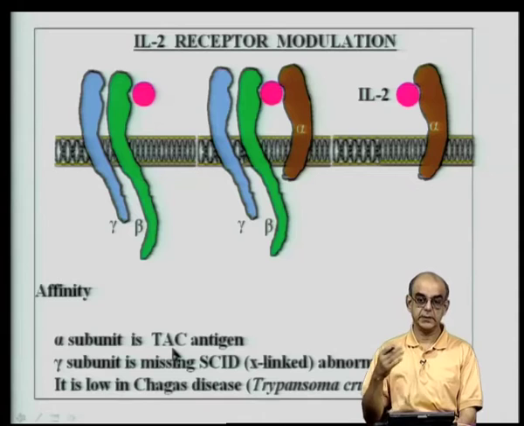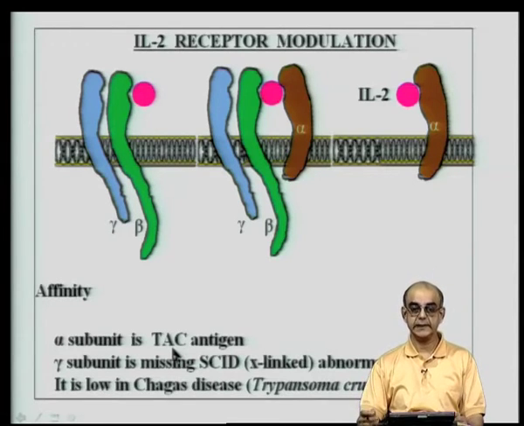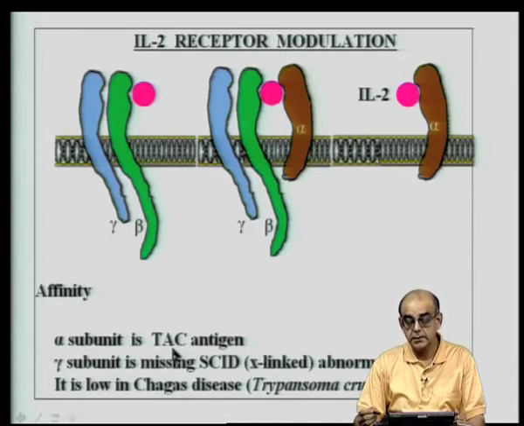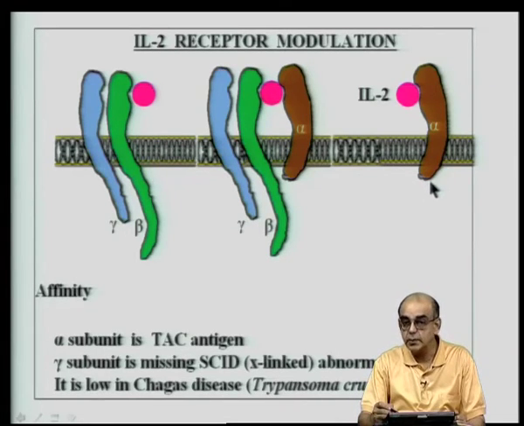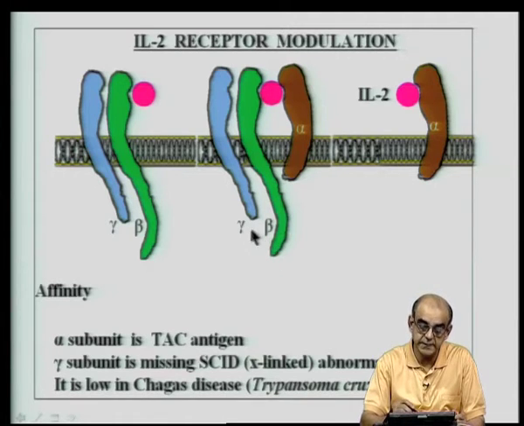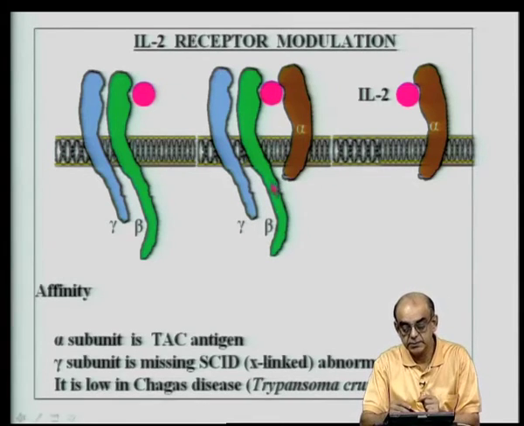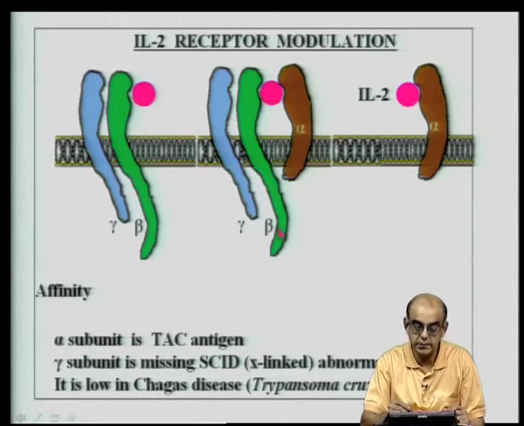So, when you refer to these, they call it the TAC antigen or the anti-TAC antibody. But surprisingly, this alpha subunit is not the one that is responsible for the consequences of T cell proliferation or the downstream events. It so happens that the IL-2 transducing subunits are actually other subunits called the beta and gamma subunits. So, this beta and gamma subunits are the ones that actually transduce the signal, as evident in this drawing by the longer